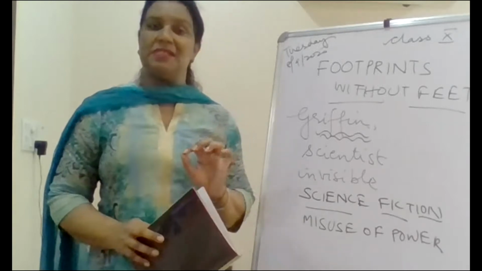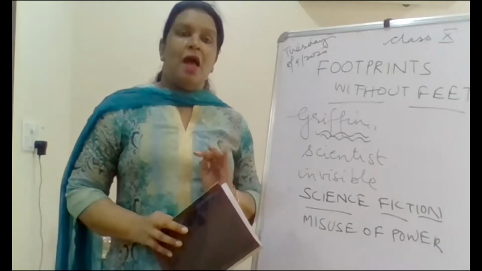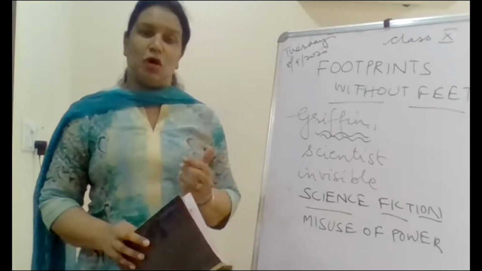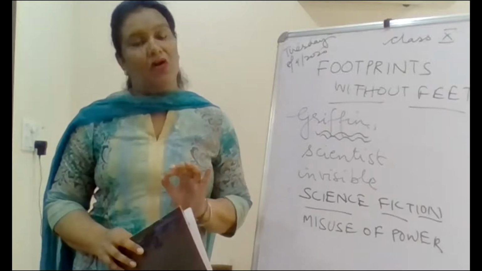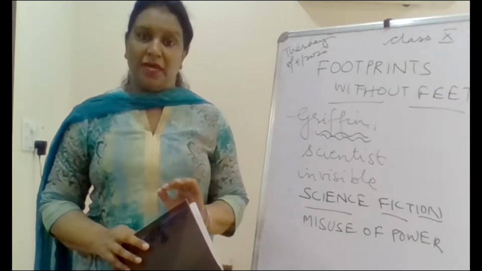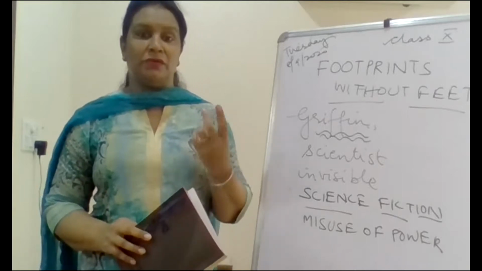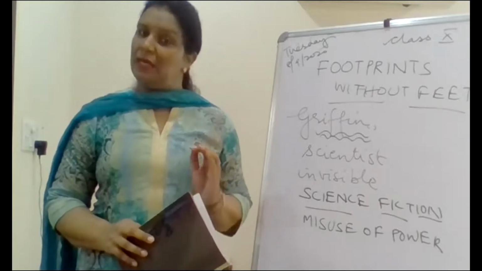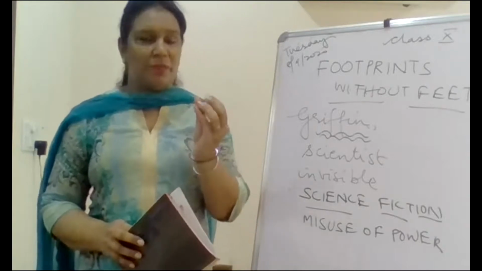The story is about a scientist, Griffin, a very intelligent person. And he's worked very hard. He had a great interest in optics. He worked very hard and he developed the formula of invisibility, right? And now he's tried these medicines or drugs on himself. And now what has happened, he has also become invisible. Before that, he had tried it on a cat also, on a piece of wool.